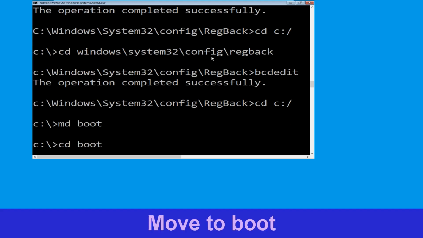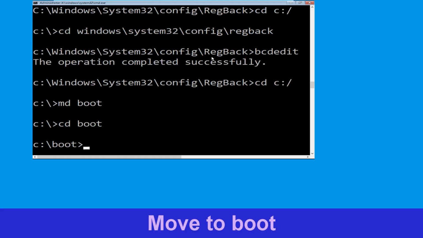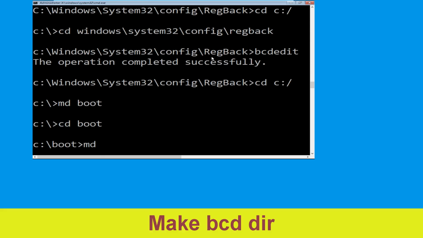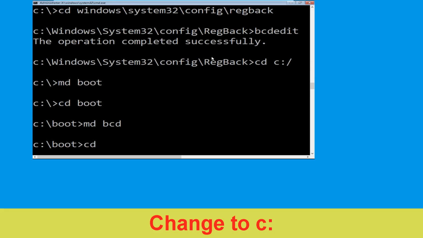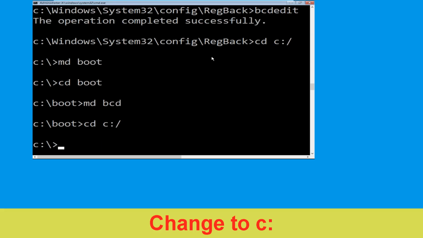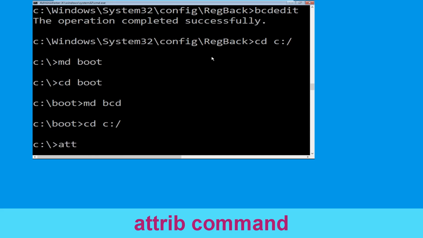Type cd space boot and simply hit enter. Now type md space bcd and hit enter. Type cd space C: / and hit enter. Now type attrib C: /boot/bcd